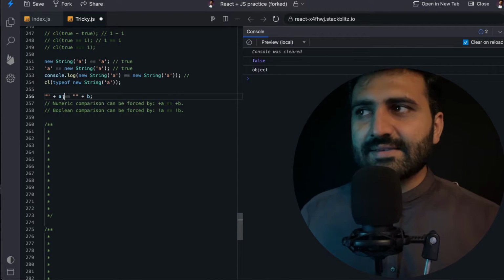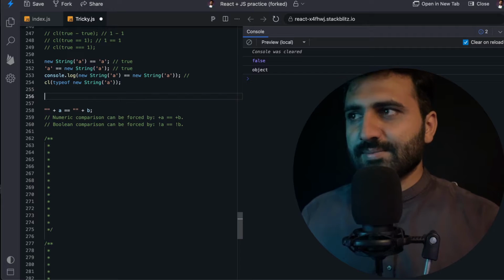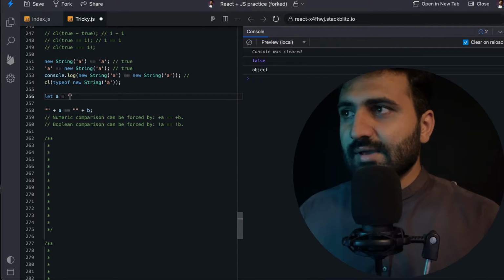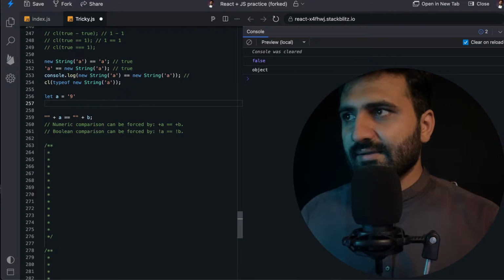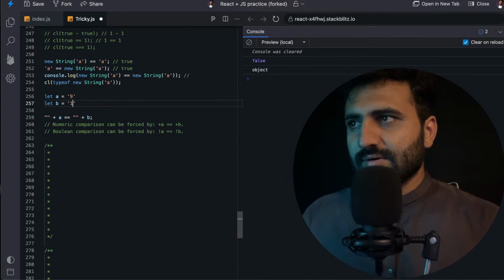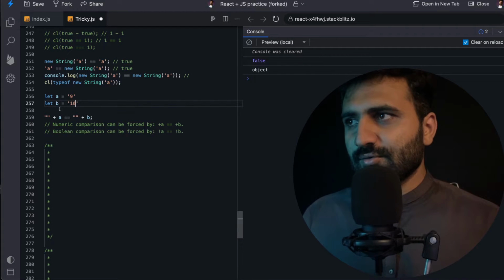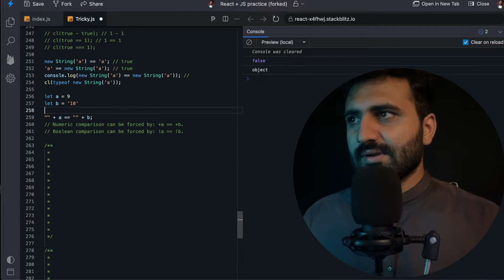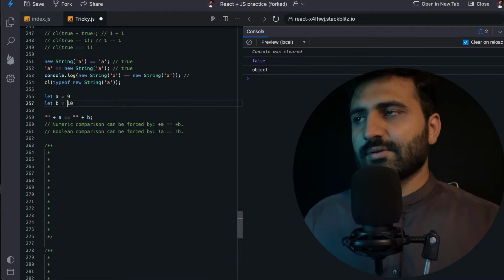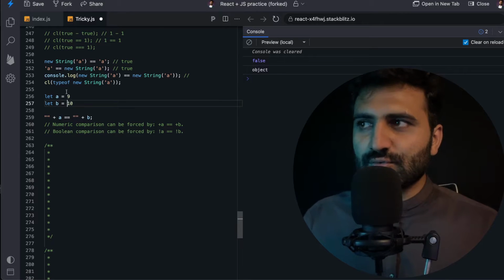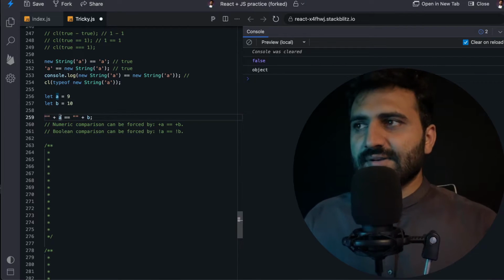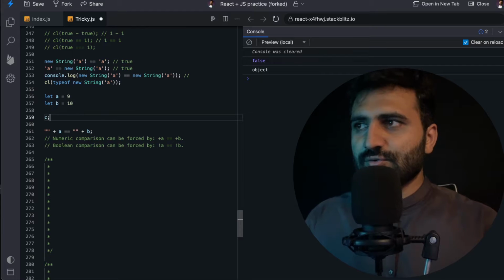If this a contains some value, let's suppose I take 8, and then you take b as 10. So now what you are doing, this is already a string, let's take it as a digit. So if you take two variables as a digit and then make a comparison, here first you are appending this string with a, and what it actually does, let me show you using console.log,